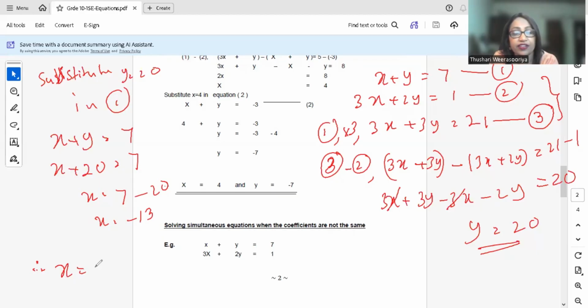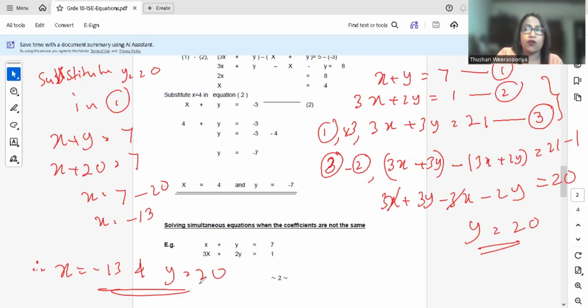Right. Now we have completed the question. Finally, therefore, this is very important. For this, we are getting 1 mark. x equals minus 13 and y equals 20. That's the final answer. Got it? Right. Now we go to the